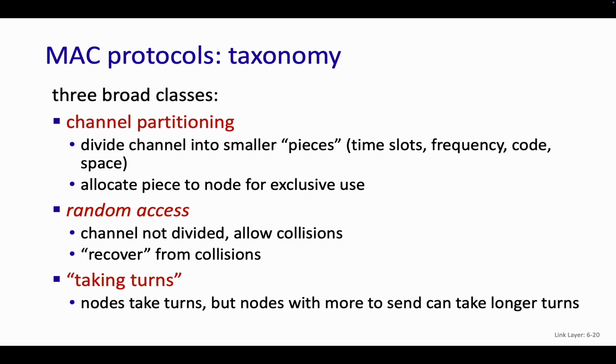Either frequency or time you pick, and then only one of the nodes can transmit at that. Very good. So you take some resource, whether it's time, whether it's frequency. Another resource might be space. That's a new thing where I can transmit over here, but I can also be transmitting over here if I have good directional antennas. That way I can be transmitting at the same time, but I'm using space as what I'm partitioning.